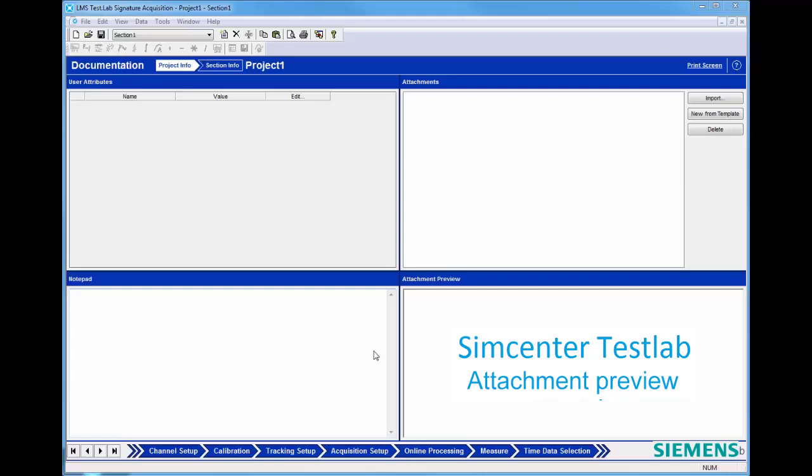Hi, today we're going to talk about the workflow area of TestLab, which is this sequence of blue arrows down here at the bottom of the screen. And the workflow is nice because it leads us from left to right through all the major steps of the process that we're trying to accomplish that day, be it data acquisition or post-processing. And depending on what products I'm using or which add-ins I have loaded, this workflow can get quite long.